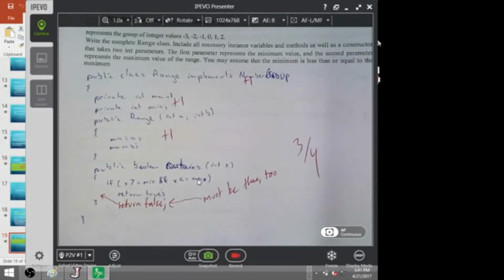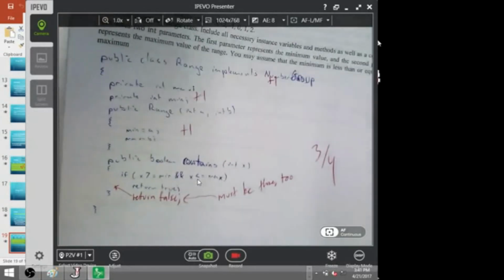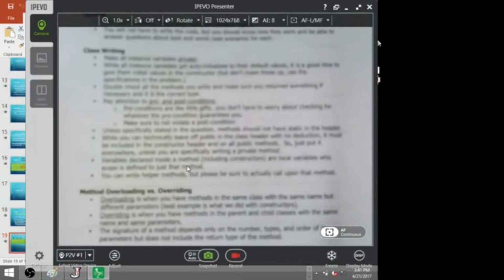When you're writing a class, for instance, let's go ahead and start with the interface part. You'll see this in your reading, but